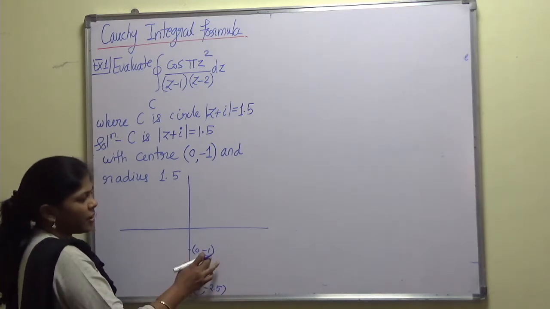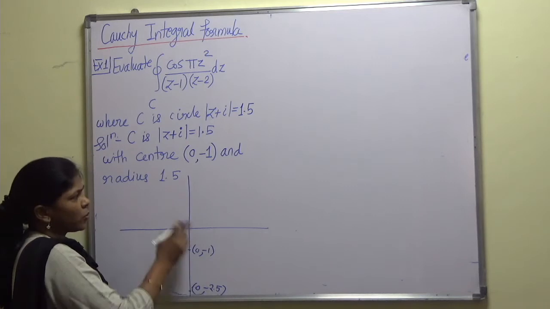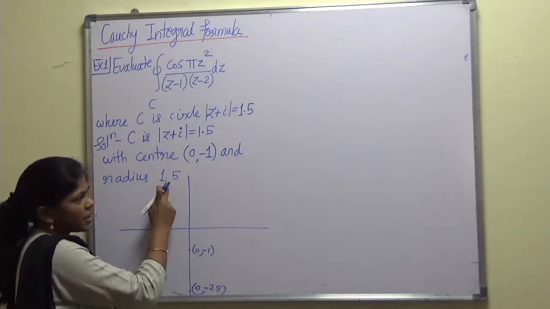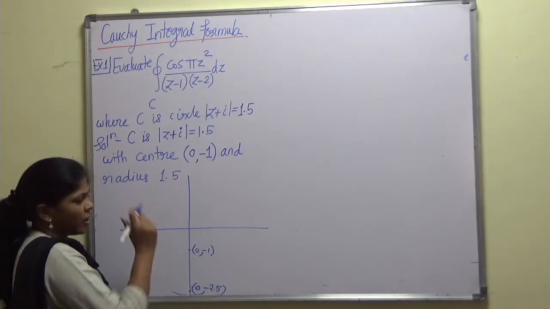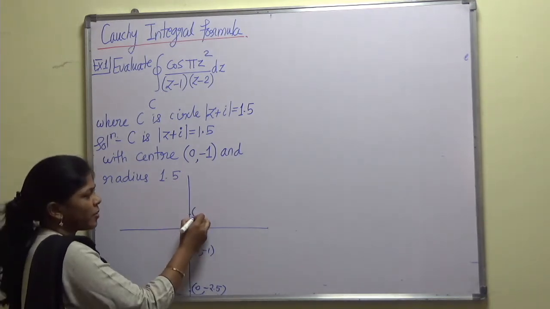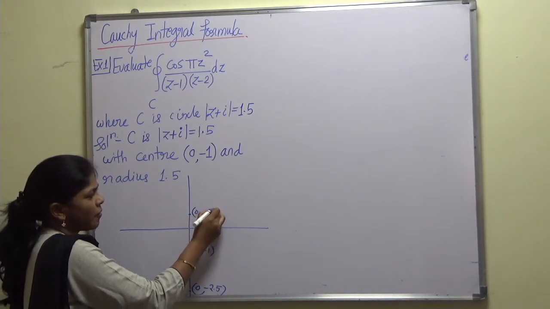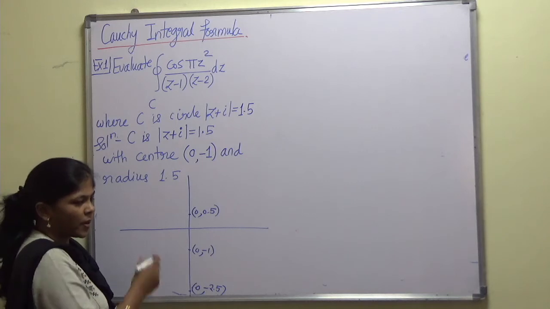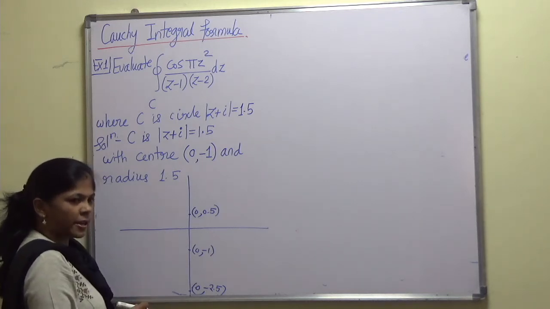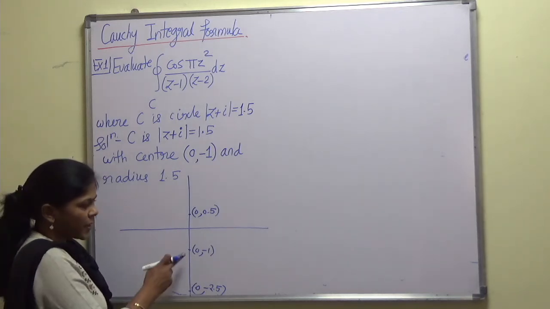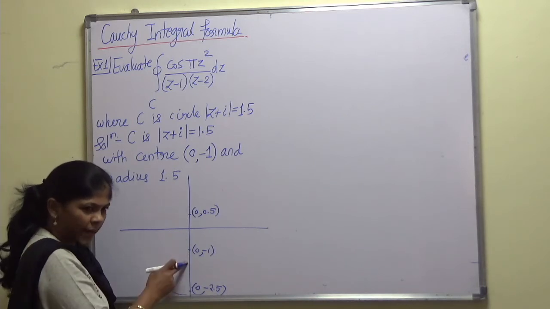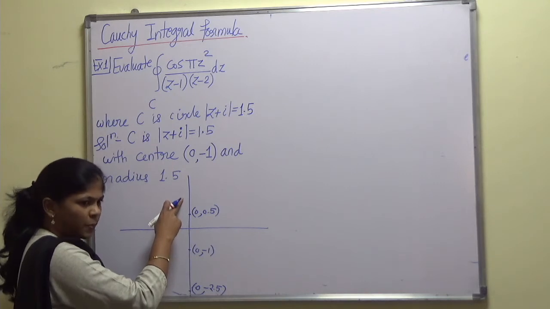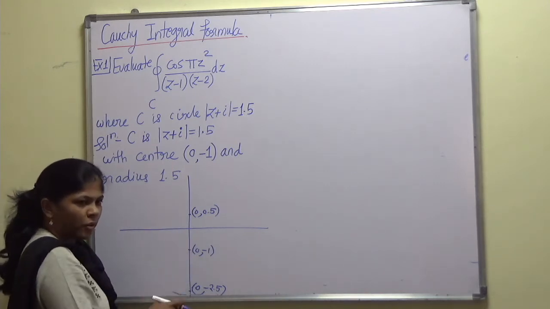Okay, and when we go upward, then we'll have to add this much unit to this coordinate. So −1 plus 1.5 will be nothing but 0.5. So the next point required for drawing the circle will be 0.5. Okay, so I hope this selection of 2 points is clear to you all. This is the center which is on the y-axis. So we measure 1.5 unit above this point as well as 1.5 unit below this point.